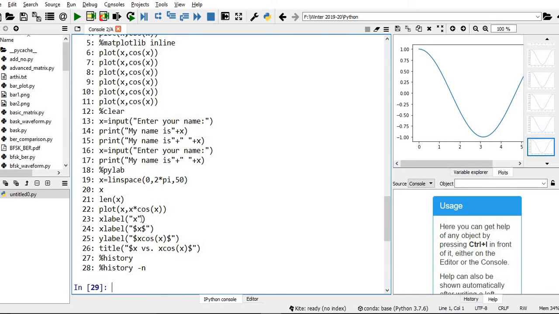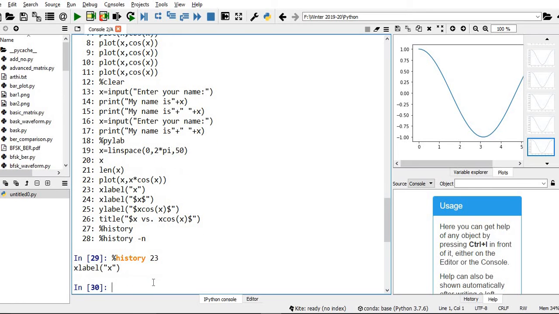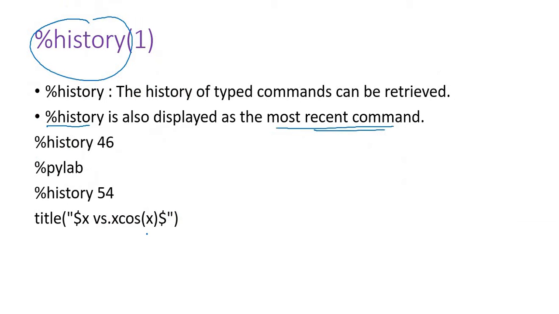Suppose I want the command which I gave as the 23rd input, for example. The 23rd input is x label. So what I'm doing is percentage history 23. You just see the corresponding x label command is displayed here.